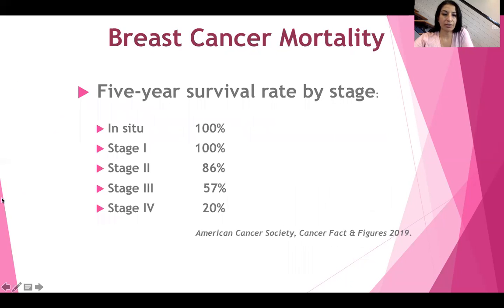And this is just another example of that. In fact, the numbers have been updated to 20% for stage 4. So, we know that there are always continued advances in chemotherapy regimens, radiation regimens, et cetera. But at the end of the day, metastatic breast cancer is going to have worse outcomes, and the goal is